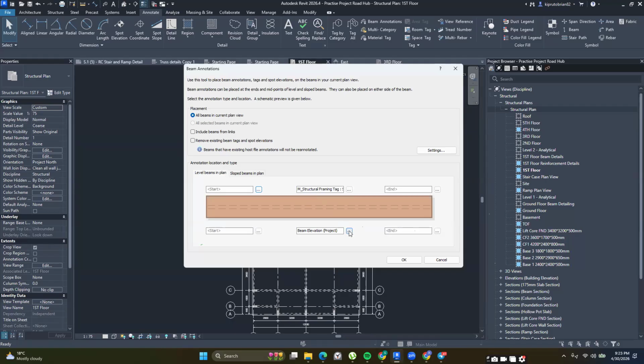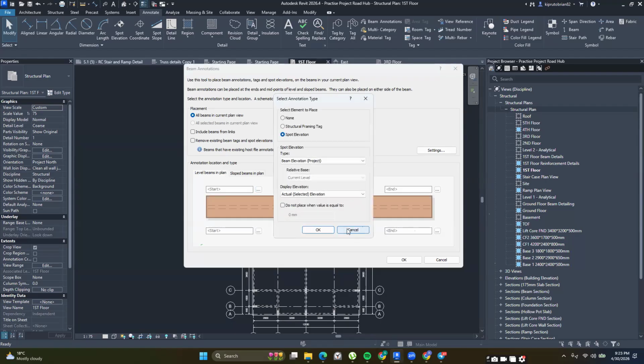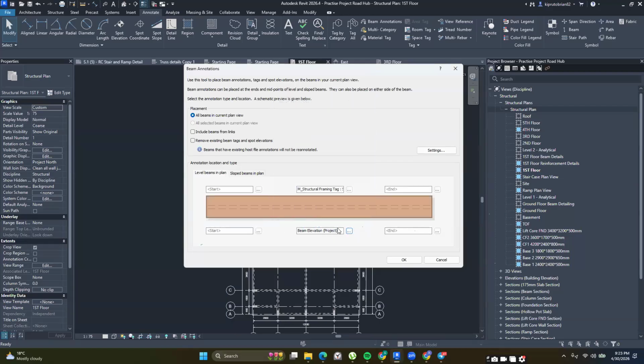Okay, so I'm going to do this, and then I'm going to talk about something else. I don't like to have two of them. I don't want to have my spot elevation. It would be important if you're working with a steel structure because they are very sensitive. But for concrete structures, you don't need to have the spot elevation. So for the